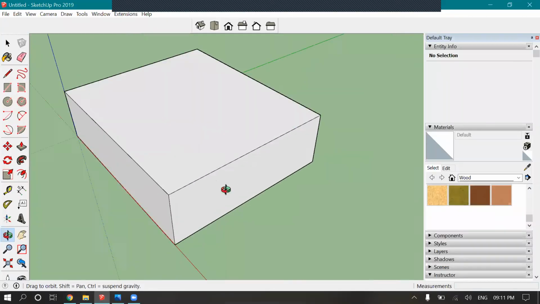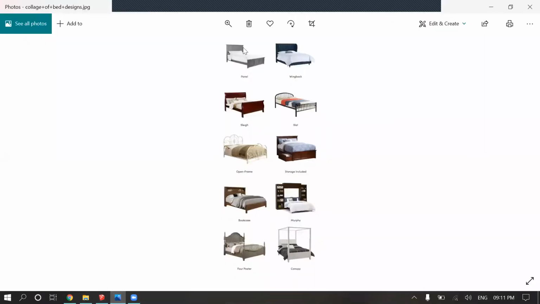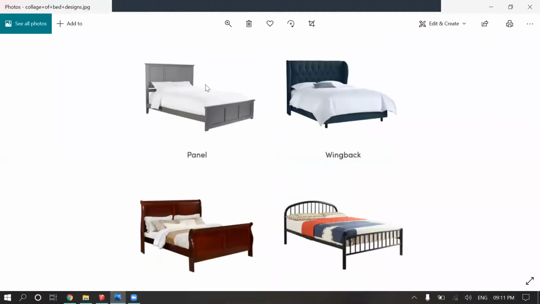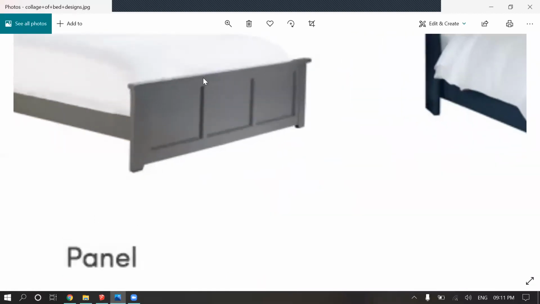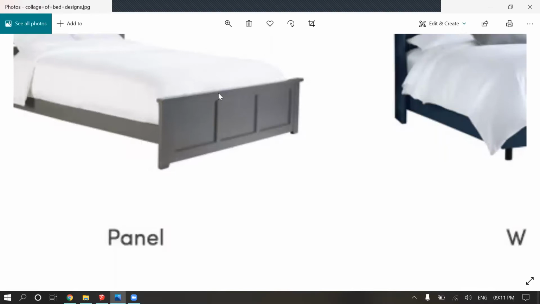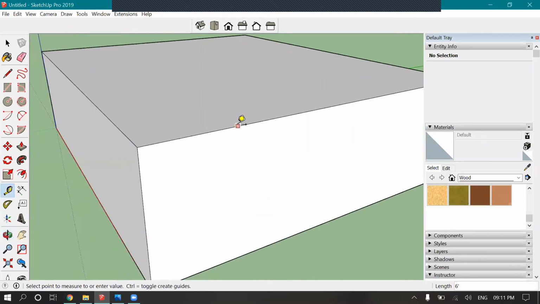Oh, sorry, I missed it. Another problem is the spacing in the top and the bottom part. Let's say this part from here to here is around 3 inches. So this part should also be 3 inches, and this part, the ground clearance, let's take it as 4. So here comes the use of the measure tool.